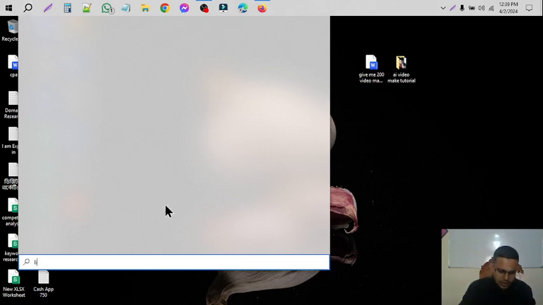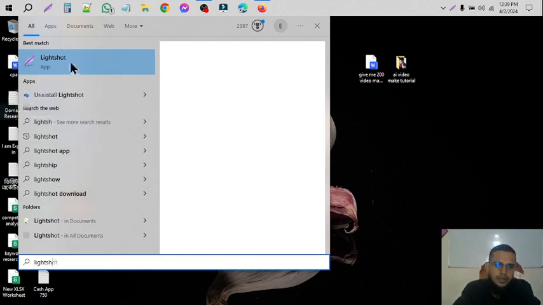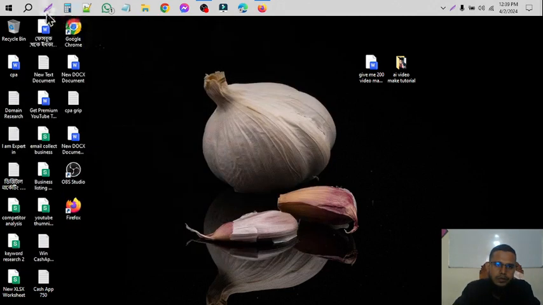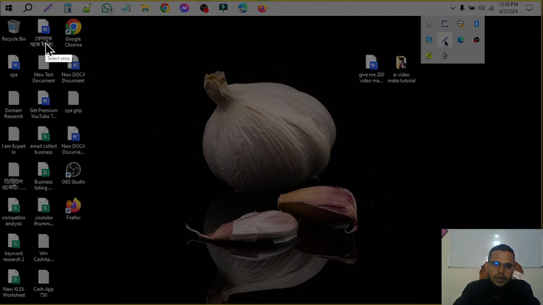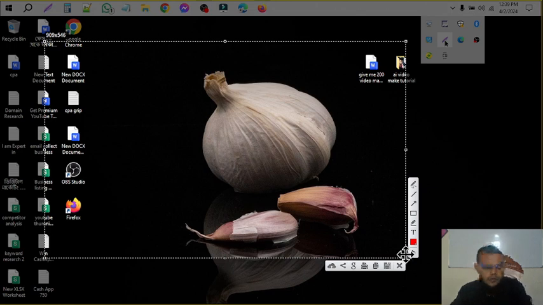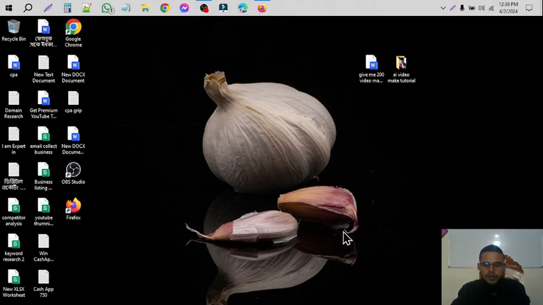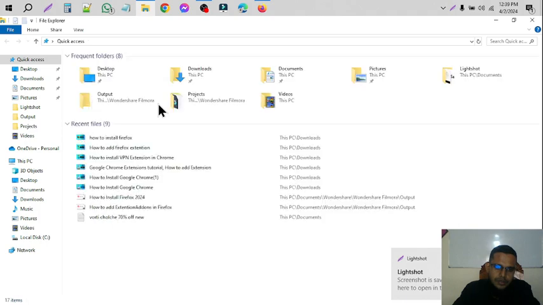I search Lightshot. Lightshot, I already pin it here. I click here and again click here. Then I select the area and Control S or save button, Control S, and you find this screenshot in the document file, document Lightshot. Okay,